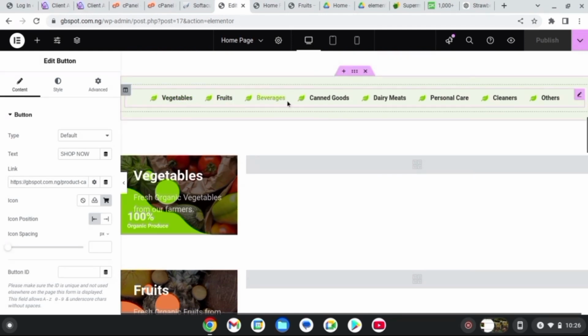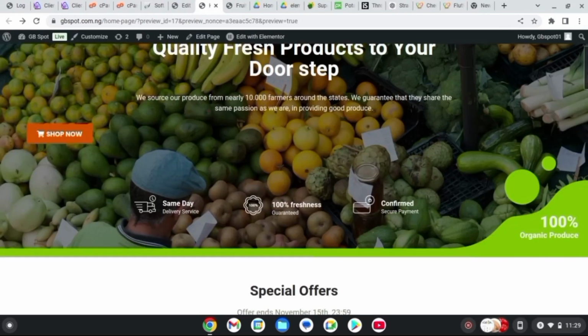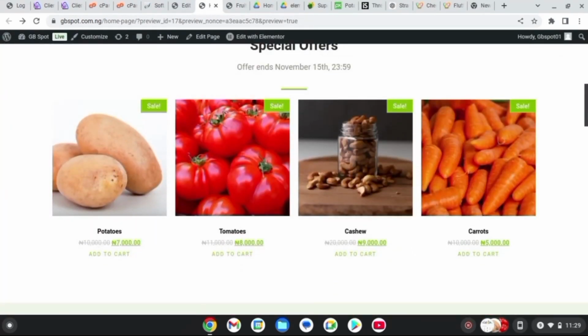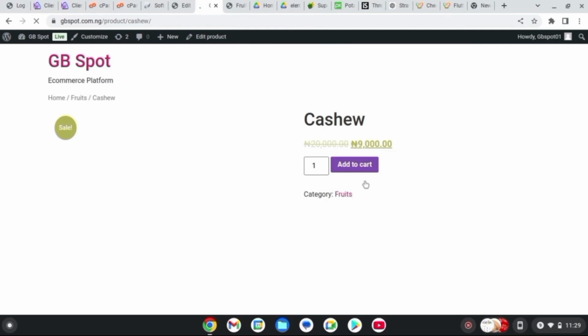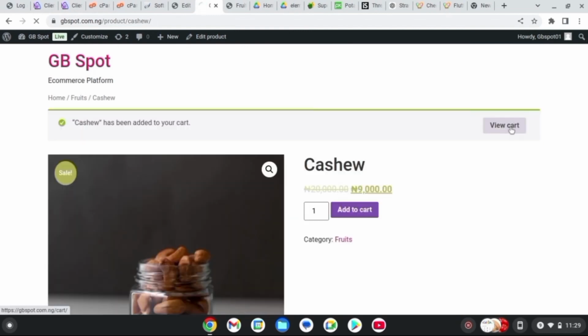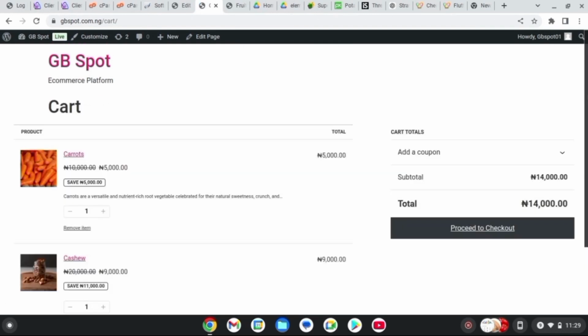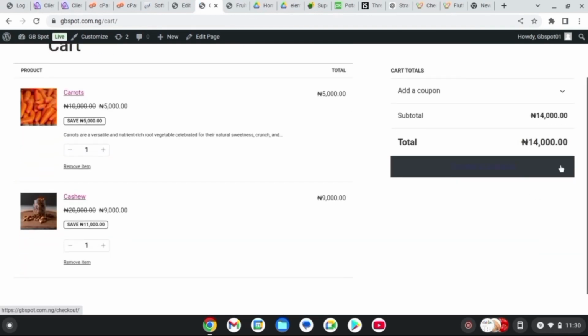So we are going to be editing each of these categories so to fit in. So here's the website. Now, if you click on any of these, it will take us to the product page. Now, if you click on add cart, then we click view cart. If we click on this proceed to checkout, this will actually take us to a page where we have to check out, but we need to integrate the payment gateway so that people can actually make payments. The next thing to do is to